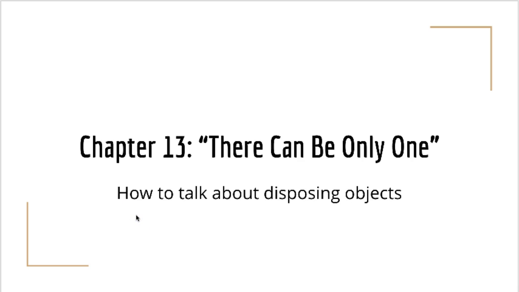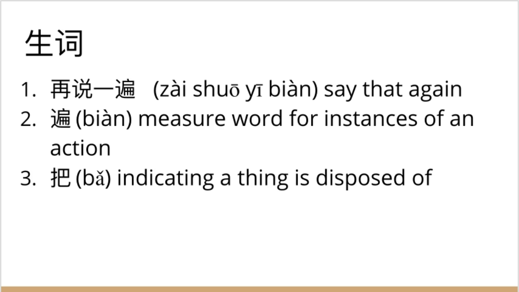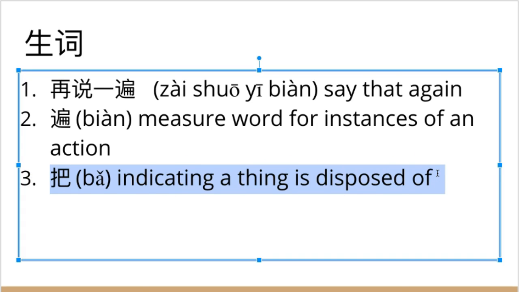大家好，在第13课，我们要介绍把字句的语法。我们看看我们的生词：一，再说一遍；二，变；三，把。Most of this chapter video will be dedicated to the 把 structure. This is one of the most common and yet confusing structures in Chinese. It's extremely important. And we're just going to scratch the surface of it in this lesson in chapter 15. We will return to ba later on